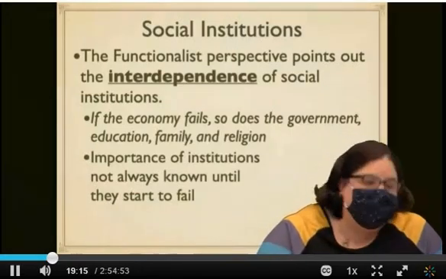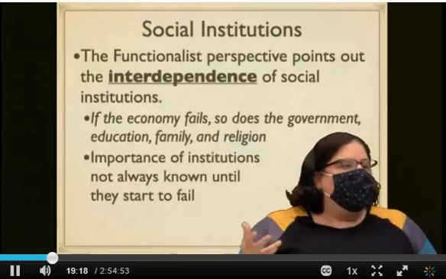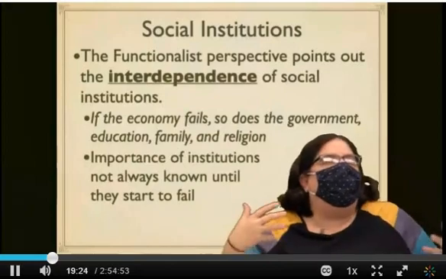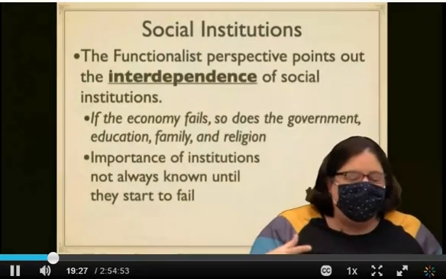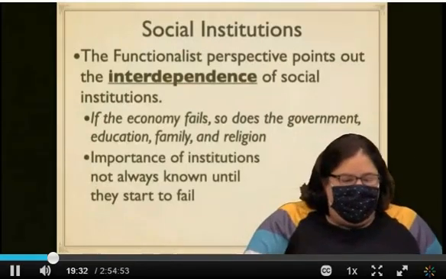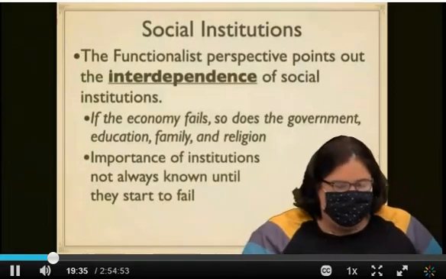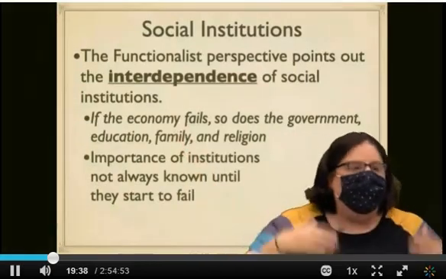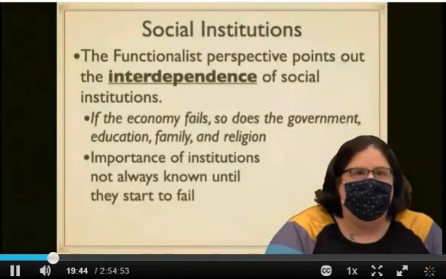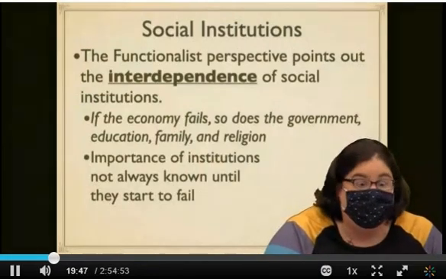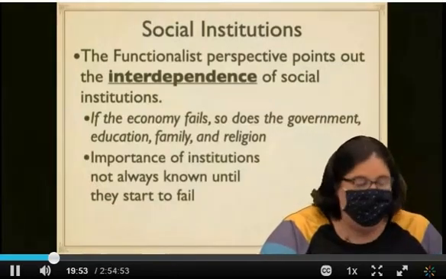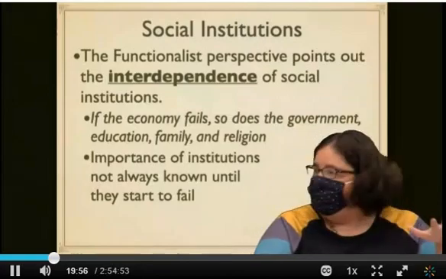Nobody appreciates the economic system until a recession hits or until the supply chain is disrupted by a global pandemic. The government's work on infrastructure, like bridges and roads, is never appreciated until it's bad, right? Until it's failing. Or a train is delayed because there's no funding for high-speed rail or whatever, right? We only notice them when they fail. And so this idea of when our social institutions fail is really important to social scientists trying to understand society. I don't want to go too fast, but does everyone have what they need from the slide?